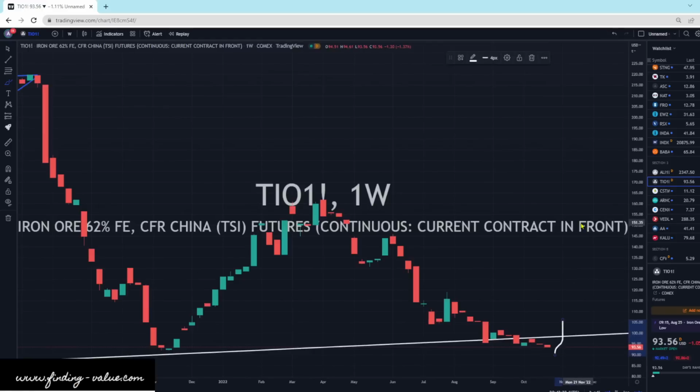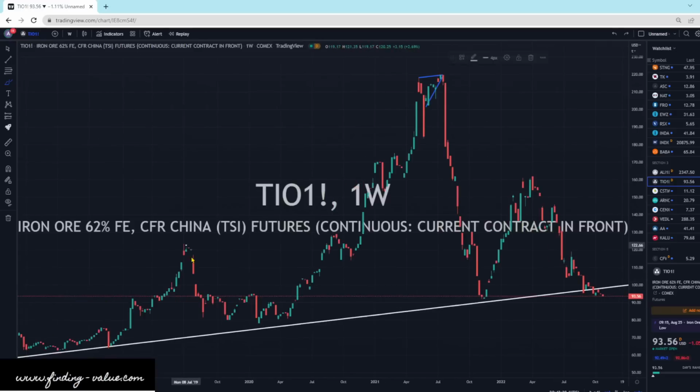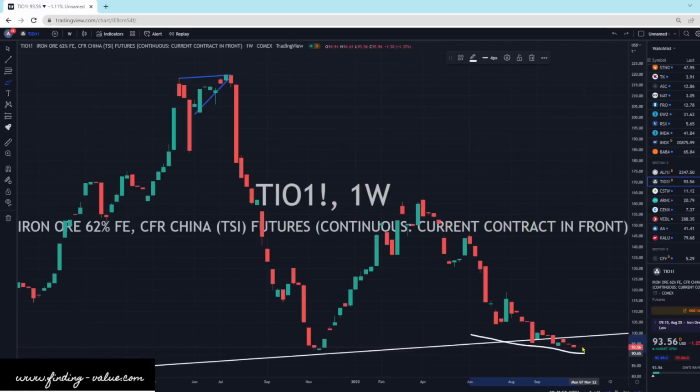big bullish engulfing. Usually this is a positive signal, and it doesn't mean that it has to necessarily turn around, but you start to see these things consolidate and get smaller and smaller, and then you break. We're looking for a break to the upside. I think that would be positive for dry bulk shipping, and that's why we're watching this. It looks like we're coming right into a point here that we're about to break, and falling wedges, from a statistical probability, break to the upside. So it's bullish,